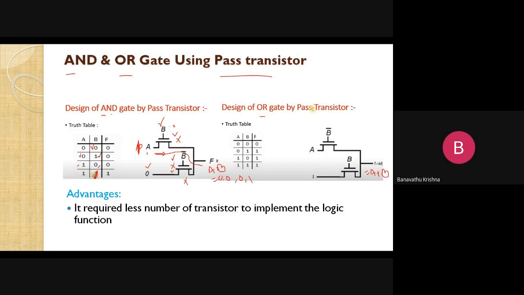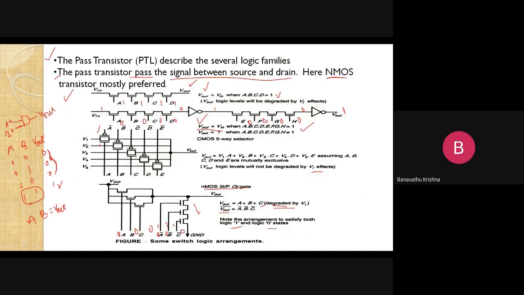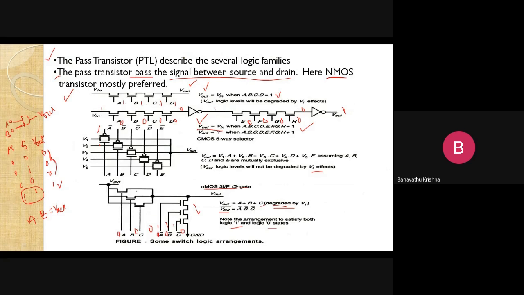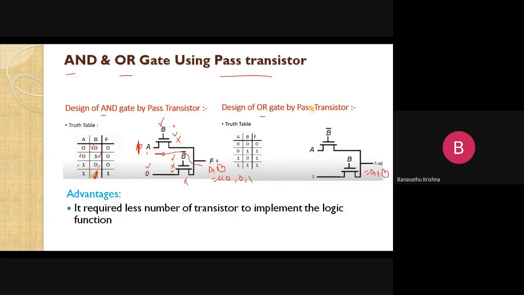Okay. So here by using this type of connection, we are going to implement AND gate operation. So clearly, one thing here you have to carefully observe. In the previous case, the number of transistors increases. Here 4 transistors are used for the implementation of AND gate, but here we can use only 2 transistors for the implementation of AND gate, right? So here let us see, these are the OR gate connection, 3 and 6 transistors are going to be here, but here only 2 transistors are going to be used.